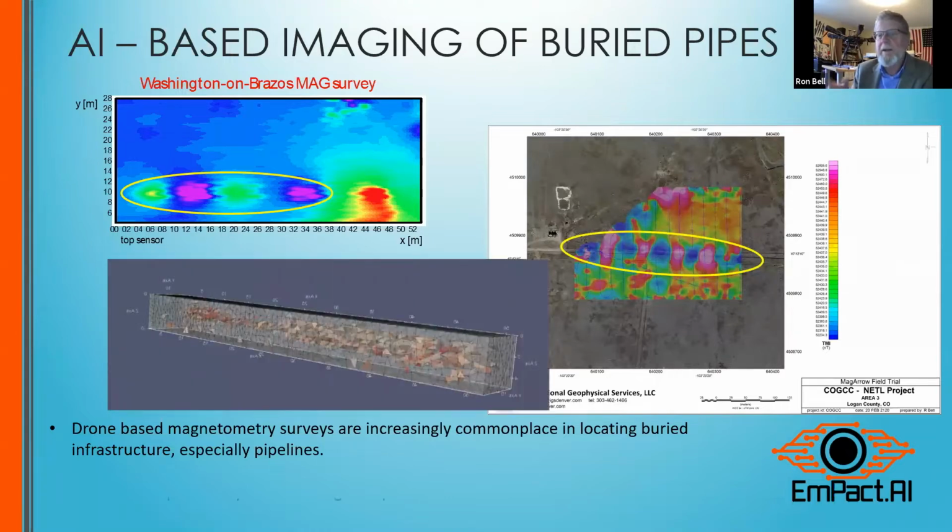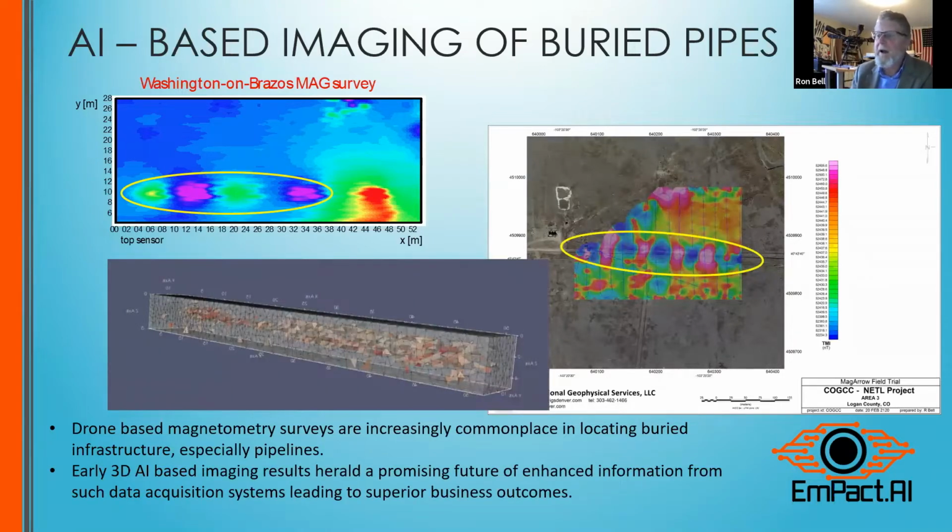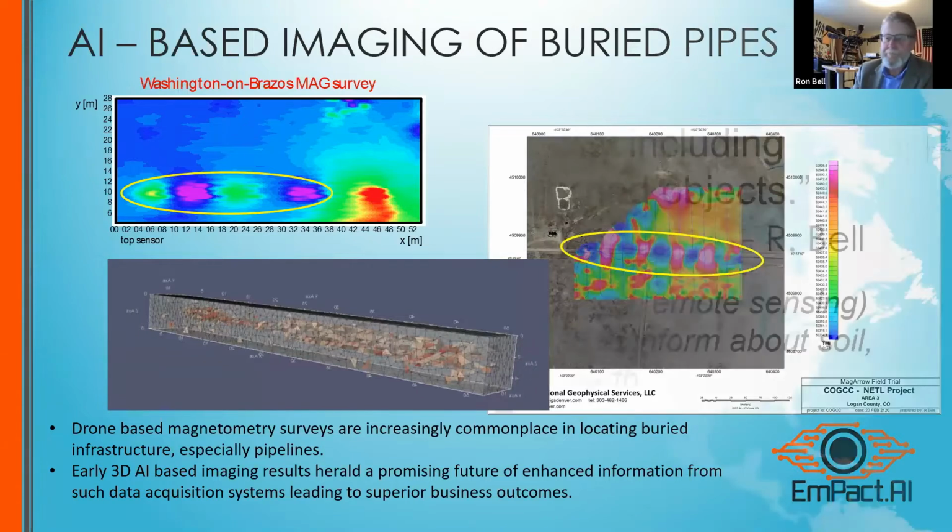And the key is that we're taking these AI algorithms and we're trying to... Impact AI is the company that's doing this. They're applying these artificial intelligence algorithms to do a better job of pulling information out of the drone mag data. And anyway,